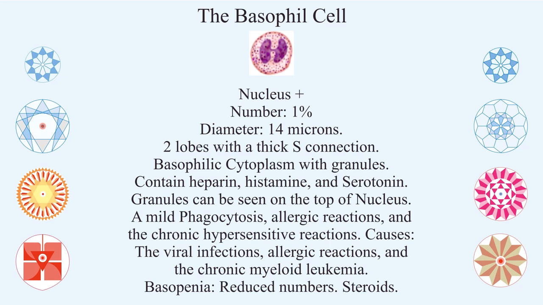Allergic reactions and chronic hypersensitive reactions, viral infection, and chronic myeloid leukemia can cause it. Basopenia means a reduced number of cells, and that could be because of steroid therapy. And you can also have basophilia when the number is more than 1%, 2%, 3%. But these 3 granulocytes are the first thing which are very important for everybody to understand and implement from the WBC count. Having explained that, now let's move on to